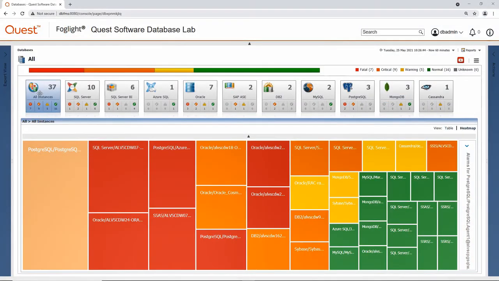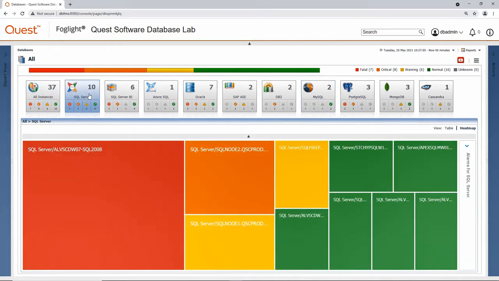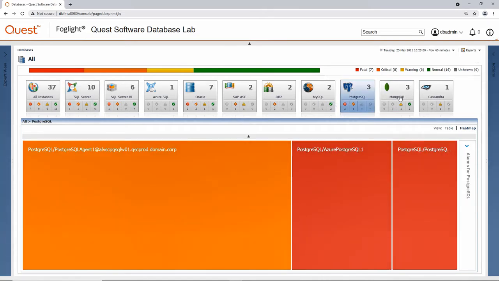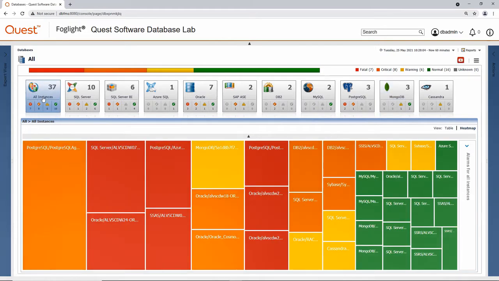We'll start here on the global view of Foglight, which, as you can notice, across our entire database environment gives us a single pane of glass across each platform that we manage. The tiles at the top of the screen let us focus in on specific platforms such as SQL Server, PostgreSQL, or of course MongoDB, but also being able to zoom out and see all of our database servers in a